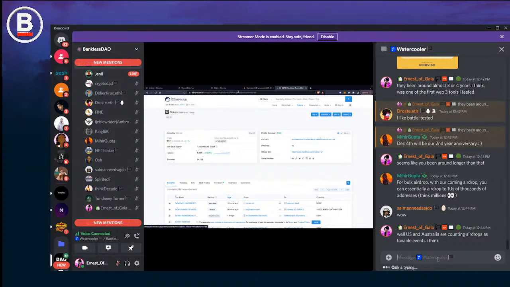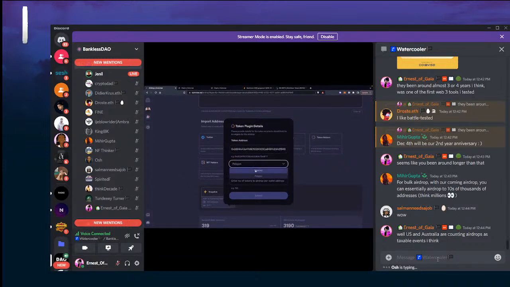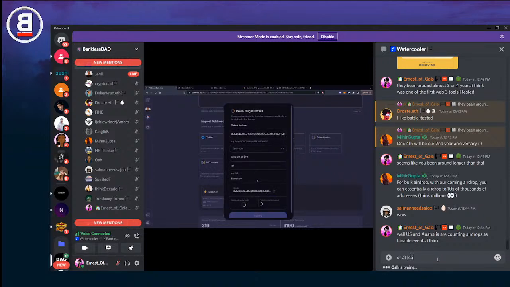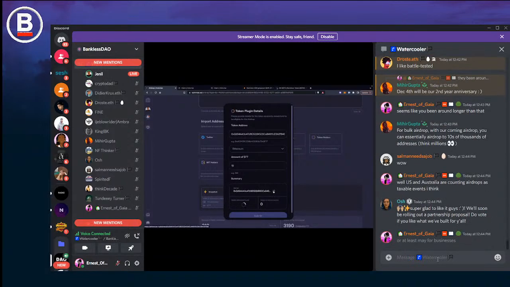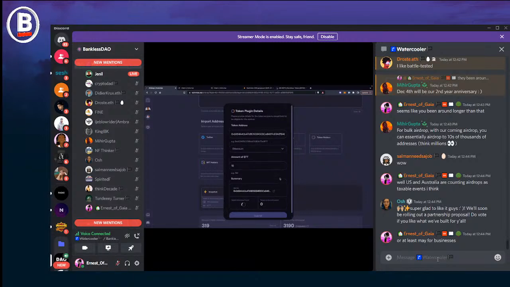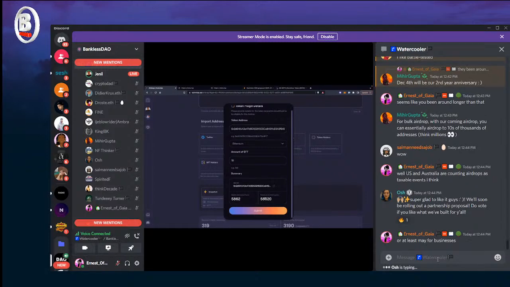So this obviously does not include contract addresses, but here we can check it out. This is on mainnet, and let's distribute 10 tokens to them too. It automatically gets the token as well as the address, which you can check. And this takes a second, but you can get all the people that hold the BANK tokens and press submit. And yeah, you can distribute tokens and almost create a vampire attack. So you can see 5862 wallet addresses found, and these are the amount of tokens we're airdropping.